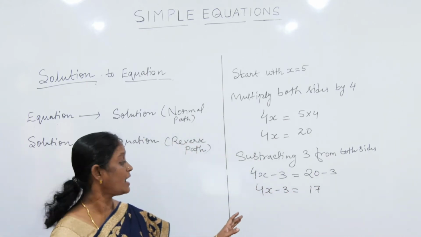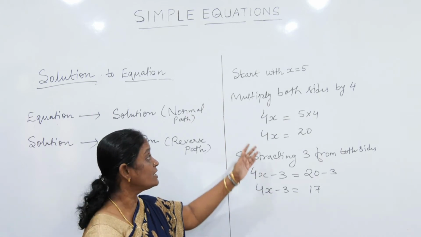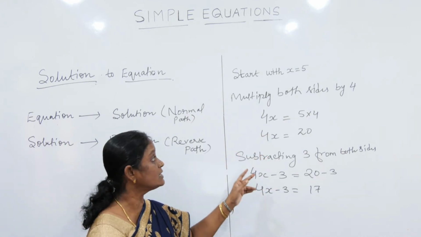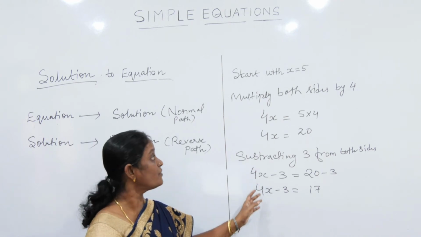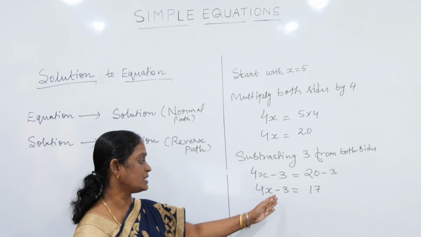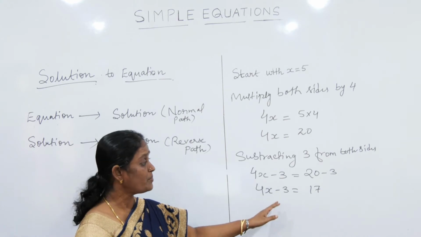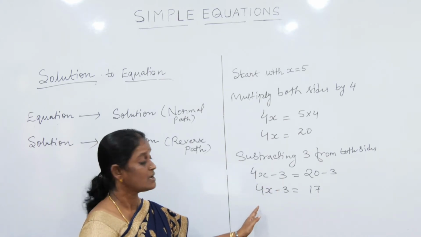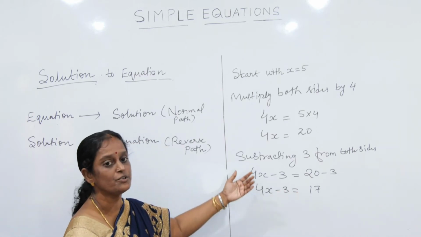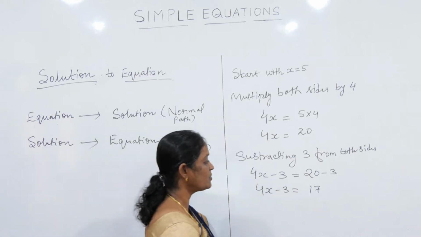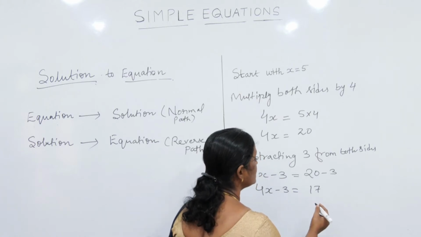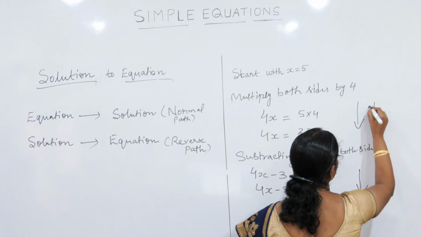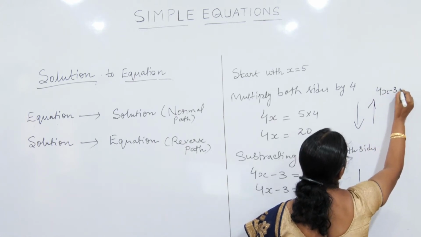So here we have arrived at an equation. हमने जो है इक्वेशन बनाने सॉल्यूशन दिया था, जिसके लिए हमने इक्वेशन यहाँ पर फॉर्म किया है. x is equal to 5 is the solution and the equation for that solution is 4x minus 3 is equal to 17. So यहाँ पर अगर हम रिवर्स पाथ को फॉलो करेंगे तो हम सॉल्यूशन से इक्वेशन में आ सकते हैं. अब इसको फिर से रिवर्स कर देंगे तो इक्वेशन से सॉल्यूशन में जा सकते हैं. जैसे कि यहाँ पर इक्वेशन है हमारा 4x minus 3 is equal to 17.